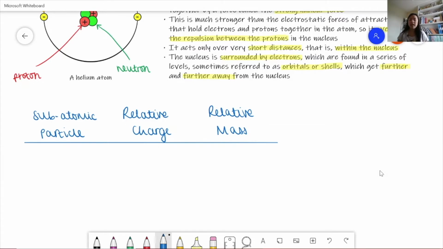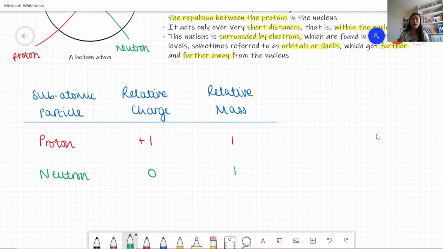First looking at a proton, its relative charge is +1 and its relative mass is 1. Then we have a neutron, and its relative charge is 0 and relative mass is also 1. And then we have an electron,